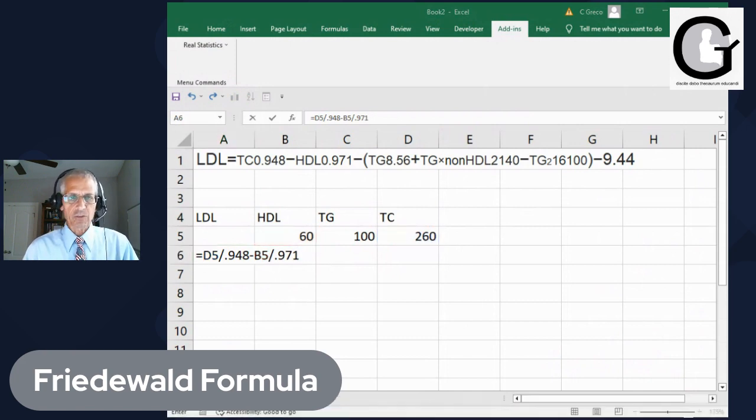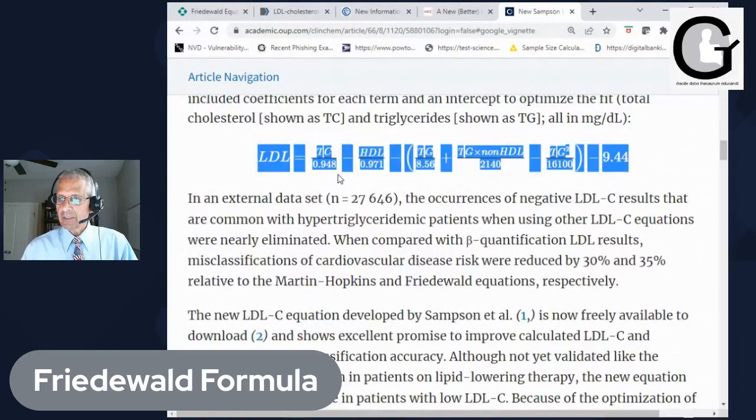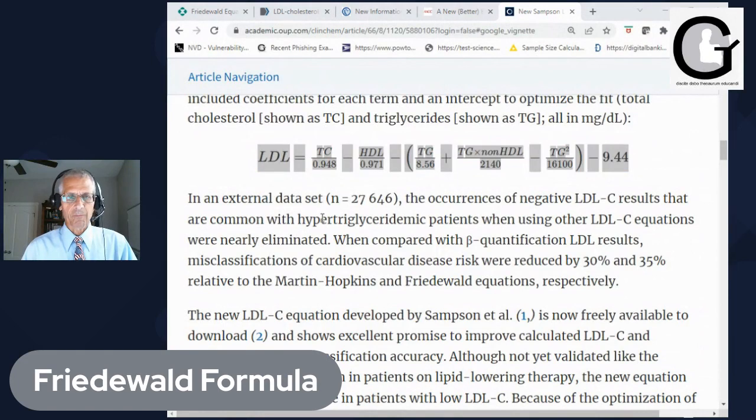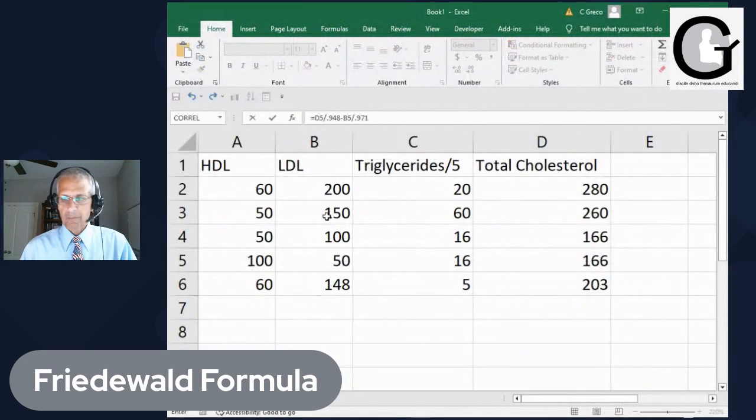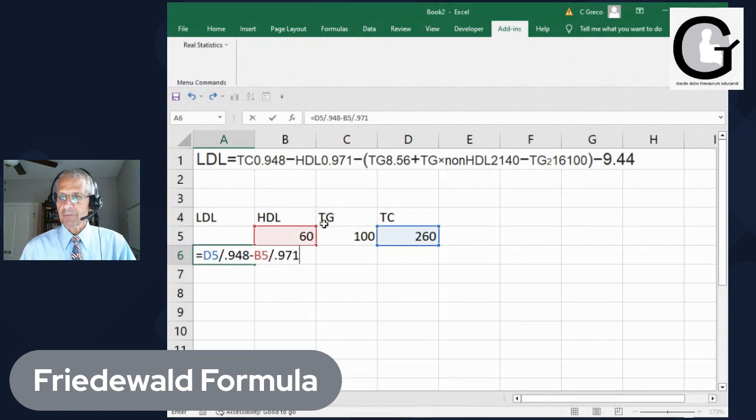Let's make sure that is correct. Yes, that's right. Okay. So, oh, what am I doing? Let's go back. There it is. 0.971 minus, and then triglycerides over 8.56 plus